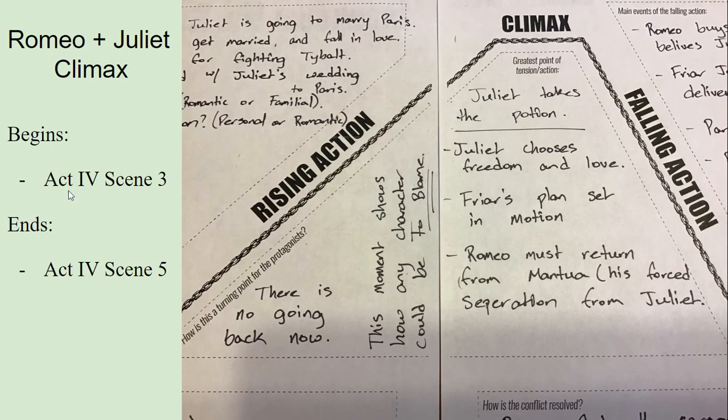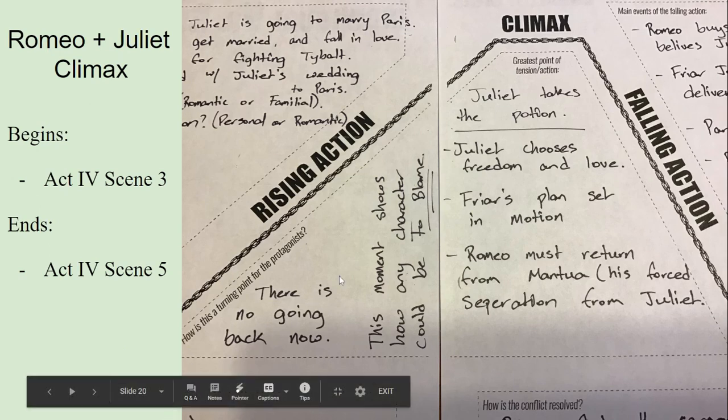And I would say that's basically Act 4, Scene 3 through 5. So in this section, it's basically the night before and the morning of the wedding that Juliet is supposed to have to Paris, and it's when she drinks the potion that the friar gave her. And at this point, the way I think of it is there's no going back now, right? Once Juliet takes the potion, Juliet has chosen freedom and love. The friar's whole plan